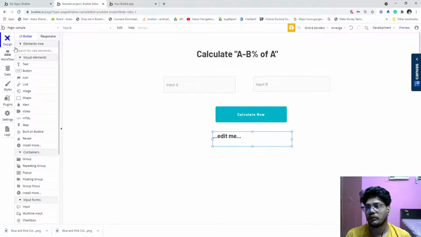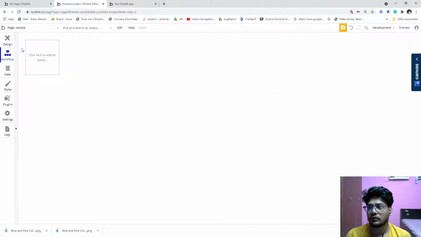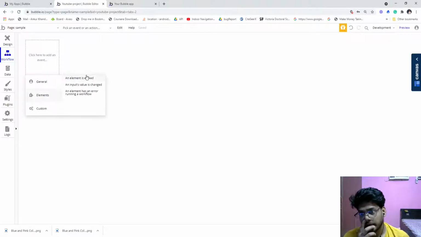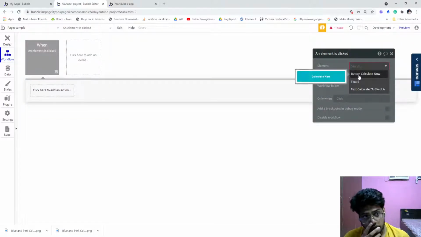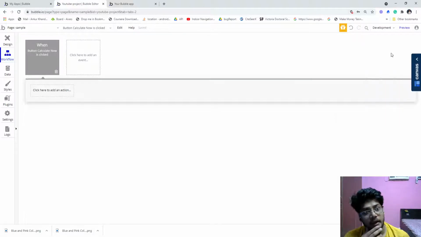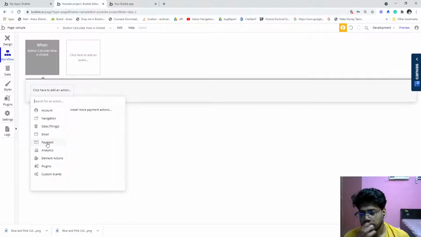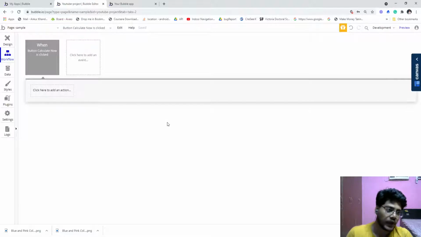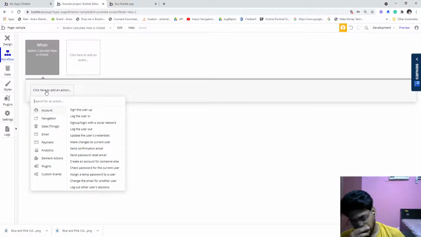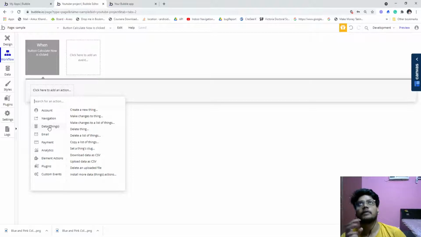Okay, so now when the user clicks on Calculate now, we will make a calculation. What I personally like to do is do all the calculation and store its value in a variable. There is no direct way of storing a value, basically you need to create a thing and data things. So for example, you have to delete all this data first.